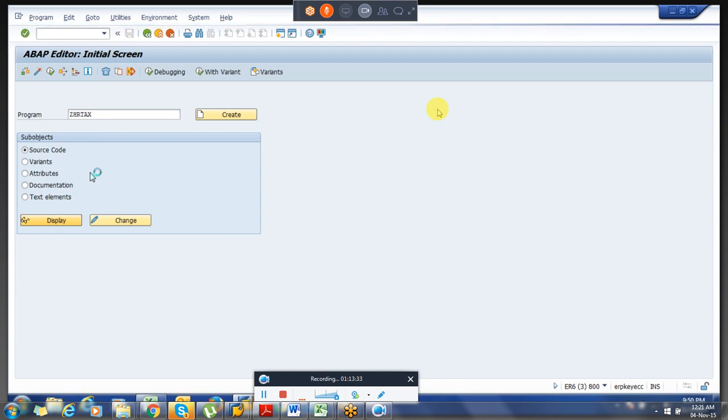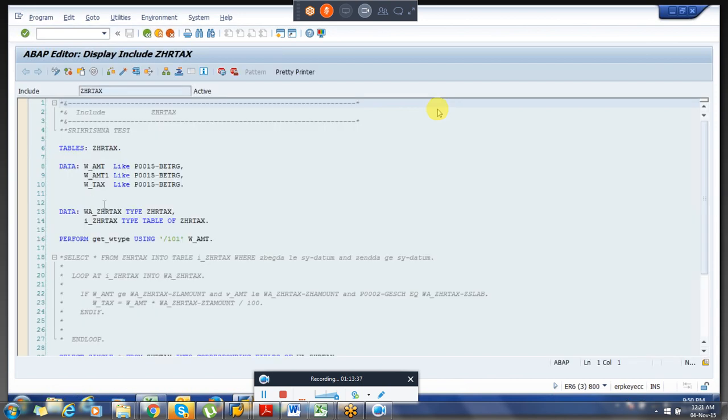So there are n number of standard form routines already built within SAP. A form will be called with a perform statement, if you are creating your own form, right? Before that, if you want to do some calculations, you can create your own data.